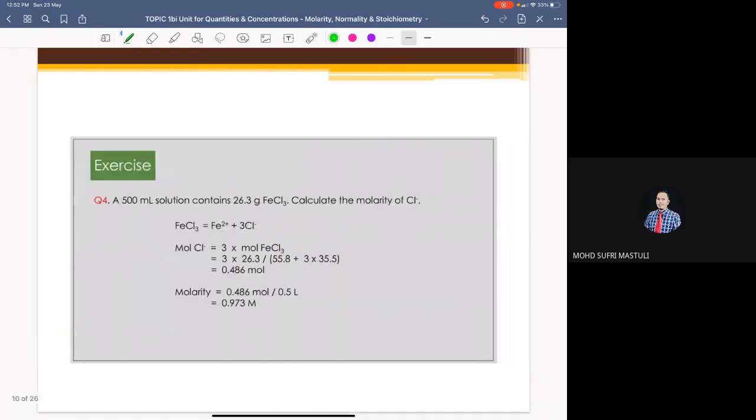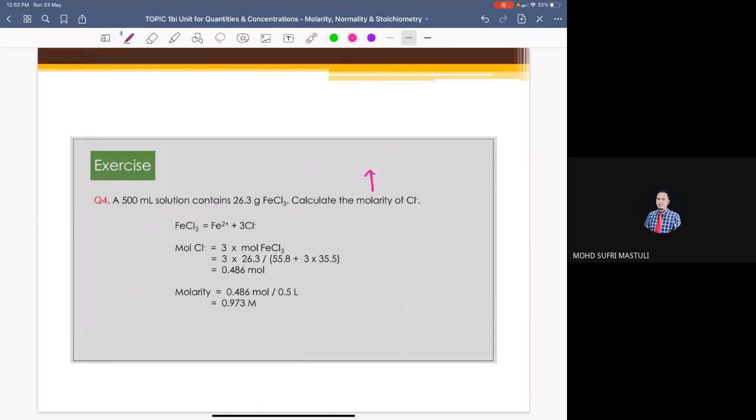Okay, another exercise related to the molarity. I think it's quite similar. A 500 ml of solution contain 26.3 gram FeCl3. Calculate the molarity of Cl minus. So it's only asking about Cl minus. Again,